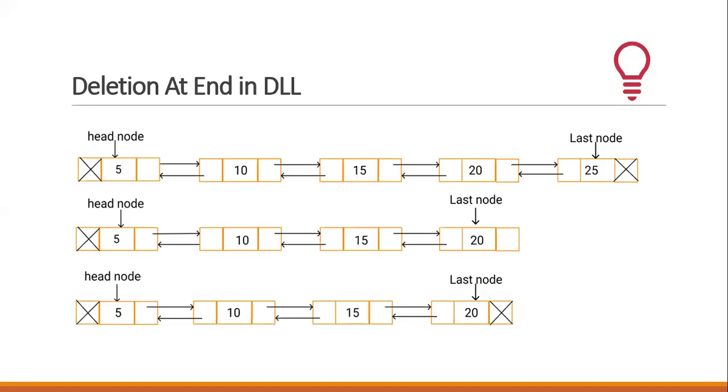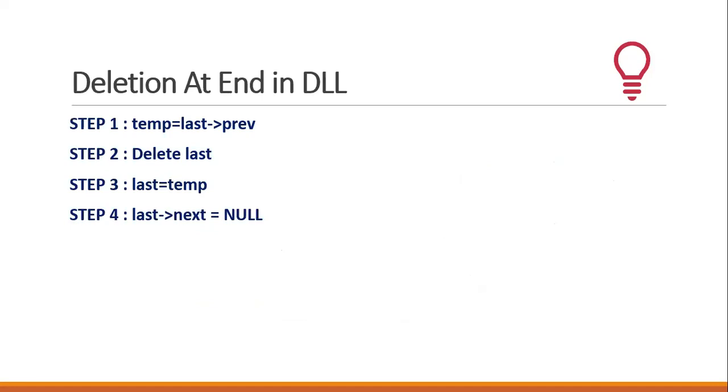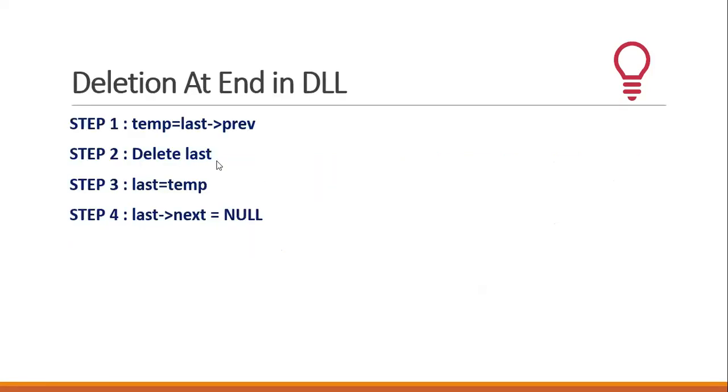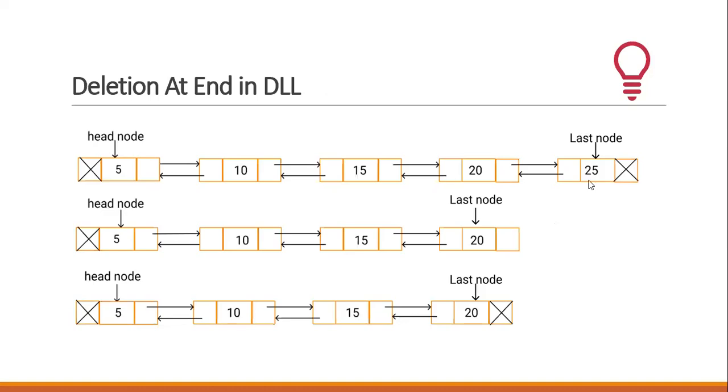Okay, fine. Now if I want to delete my last node, then my temp should be pointing to this, which means my temp should be pointing to last of previous. Once my temp is over here, I can delete this node, and then I can make this node my last node by putting the next of it as null. That's the simple logic. Temp is equal to last of previous. So now your temp is pointing to last of previous. What is last of previous? 20. So temp has started pointing over here. Delete last. Once you did that, you can delete the last node.